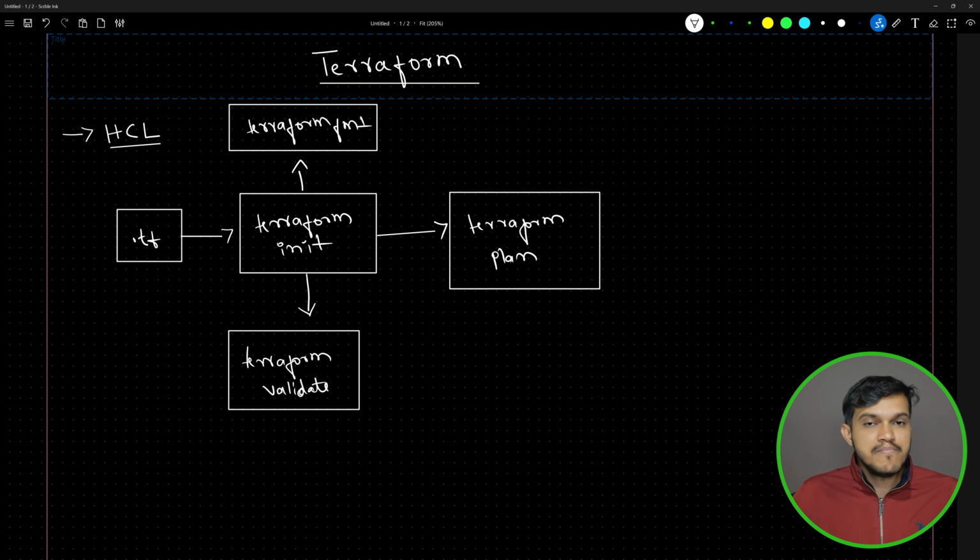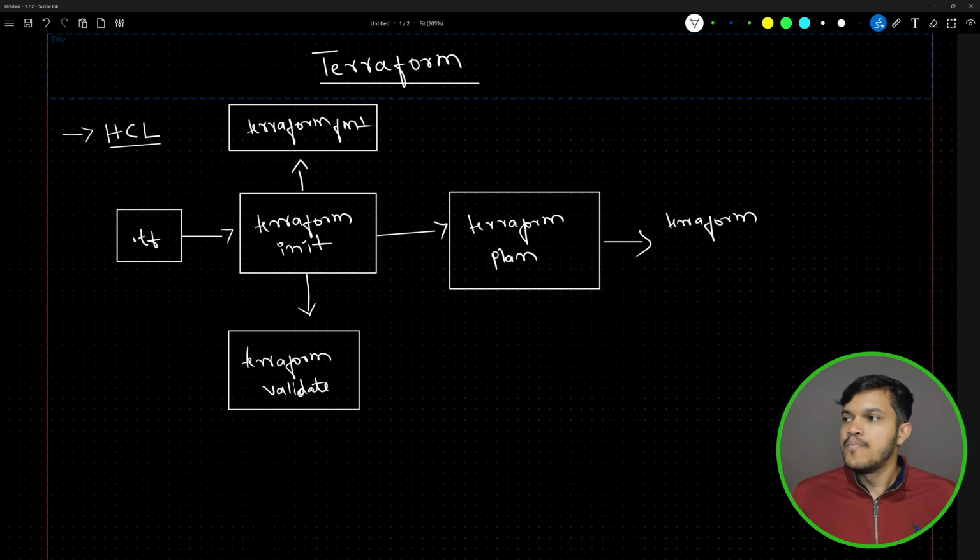What will happen before that actually happens? It will just give you the execution plan, that these are the things going to happen if you execute this. And once you are okay with the plan, the moment you see the execution plan, that if I run this, all these changes, all these resources will be created on the cloud, then you can use one command